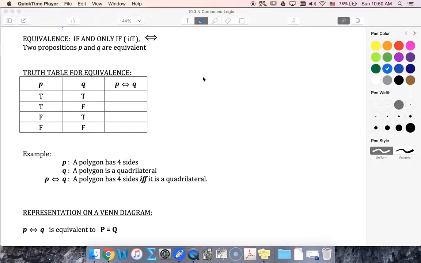All right, now we're going to look at equivalence, which is an if and only if statement. And the math symbol for if and only if is the IFF. That's not a typo. We also use the double-headed arrow. So two propositions P and Q are equivalent if and only if means that P and Q